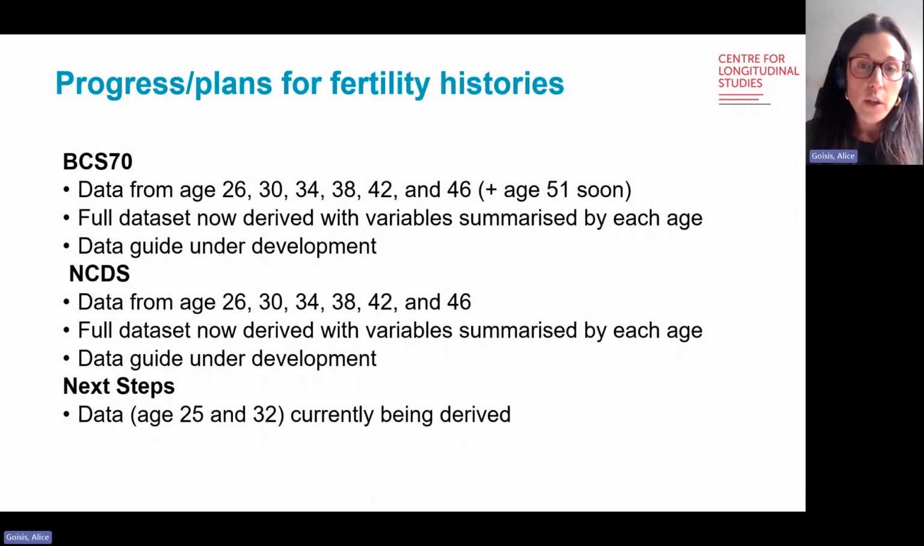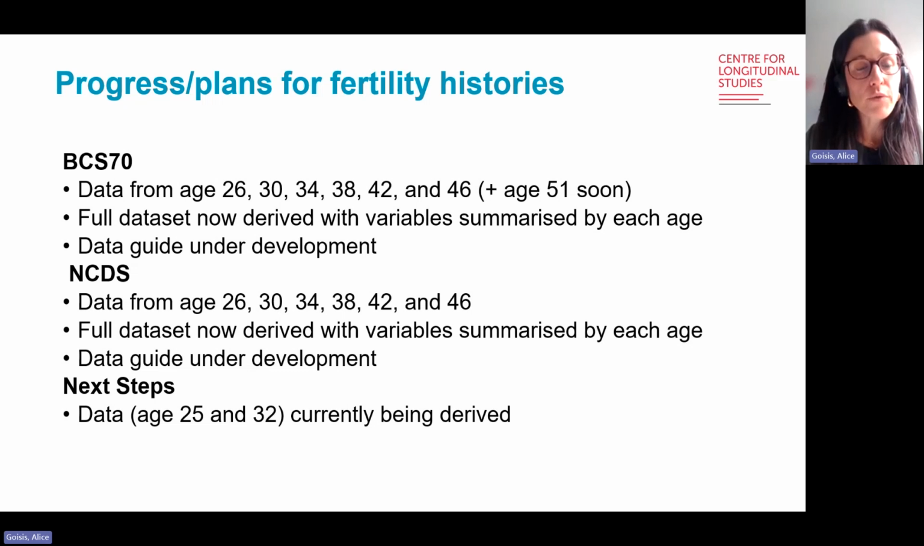So where are we in terms of this work? Differently from the partnership histories, these data sets are not available for download yet, but they will become available soon. So for BCS70, we have completed the work. We're waiting for the new sweep of data collection to become available so it can be integrated into the fertility